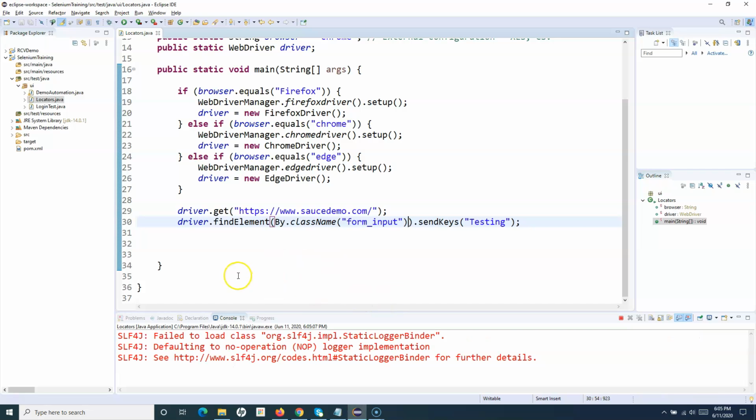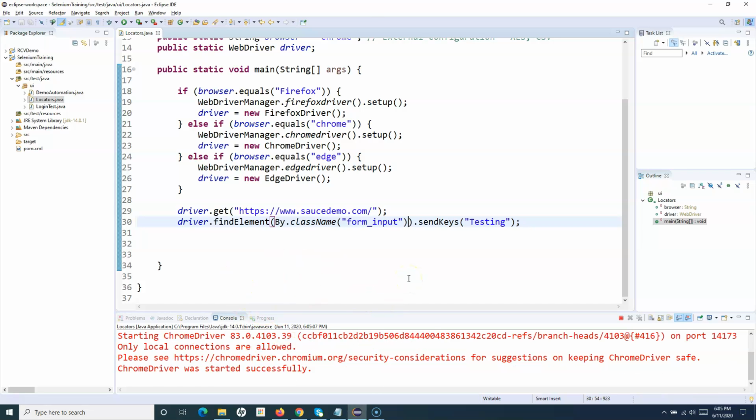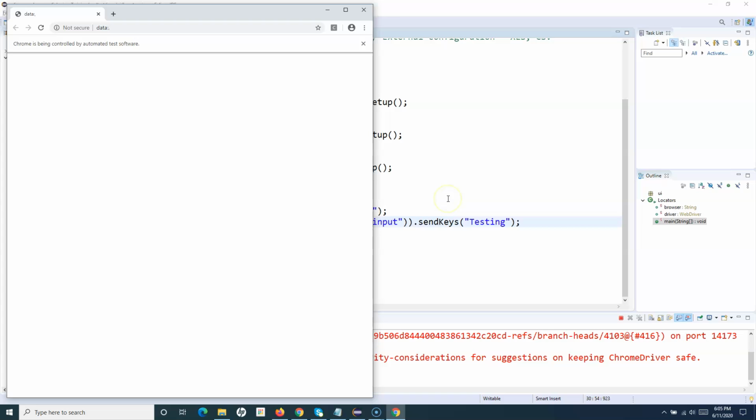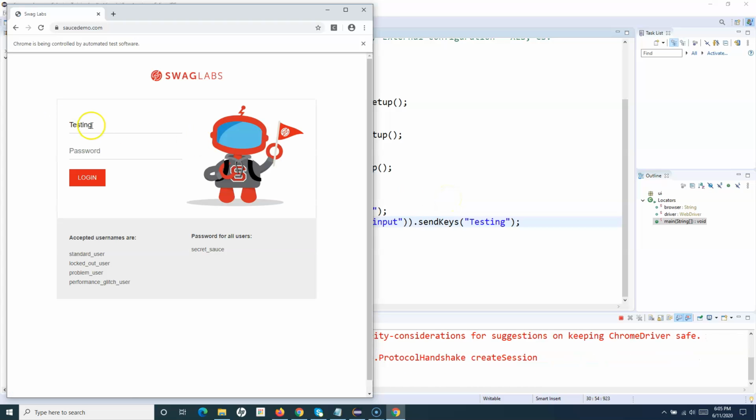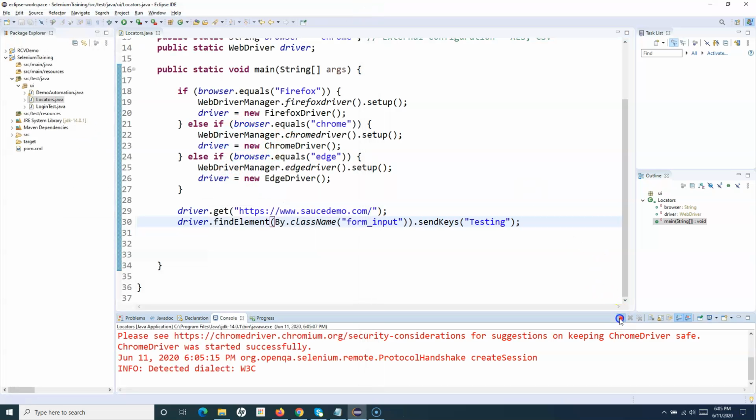So it will launch the browser and it will type in the text testing into the first field. Okay, so that's how you will identify the web element by the class name. The next one was